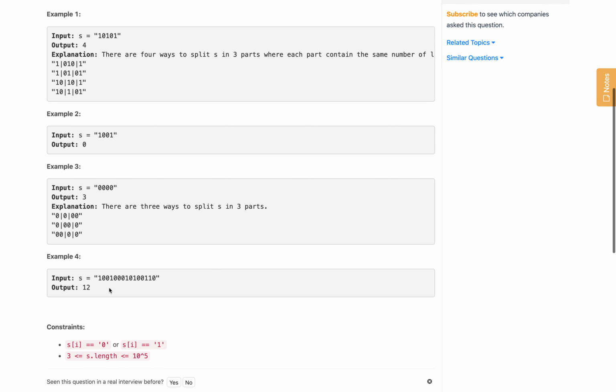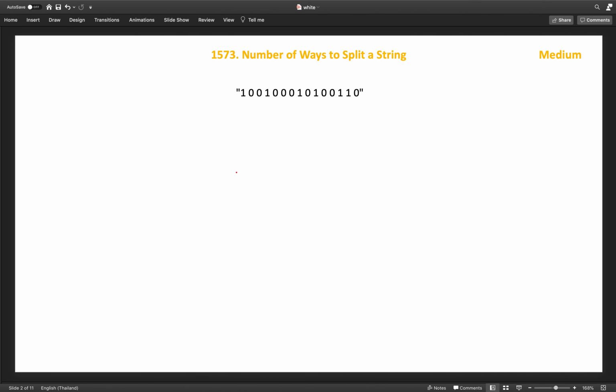Let's go through one more example, a bigger one. Let's understand this example over here. First we will count the number of ones in this string. The number of ones in this string is 1, 2, 3, 4, 5, 6. So, we need to distribute 2 ones to each of s1, s2, s3, which is 6 divided by 3, because we need to cut this string into 3 strings. So, each string s1, s2, s3 will get 2 ones.